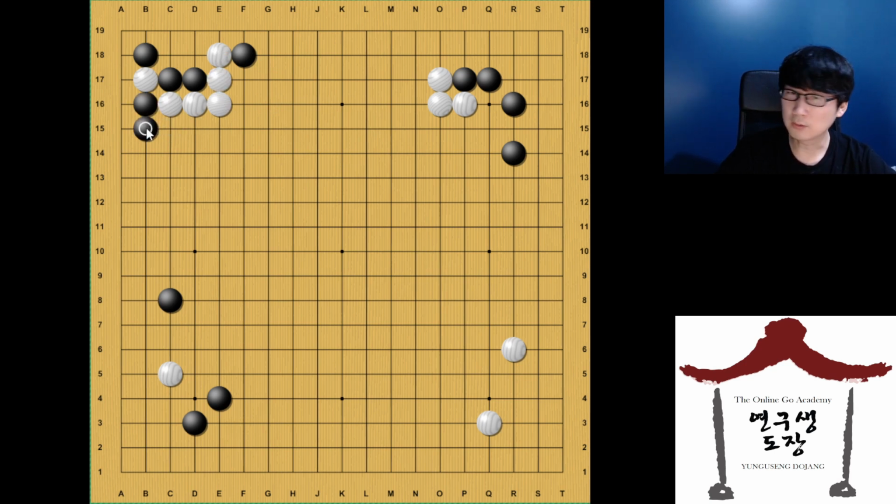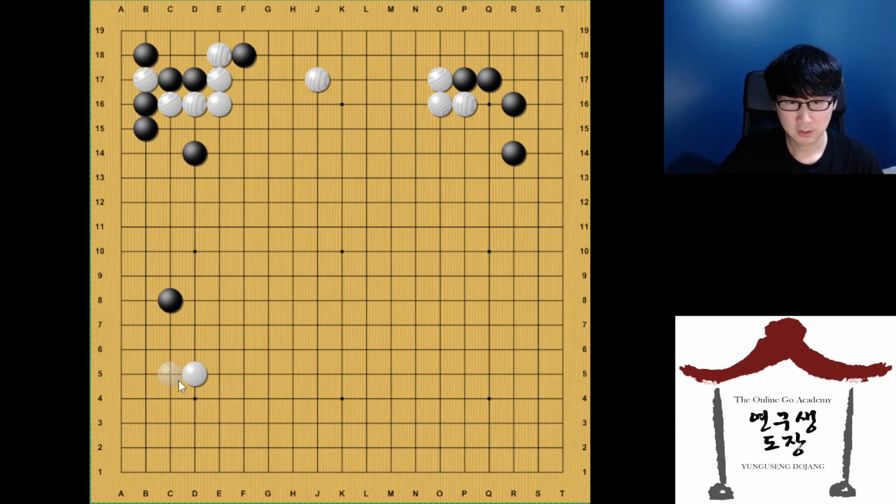And this extension doesn't look big. Like this kind of stuff looks big. It is. Black can do it. But this atari once makes this group stuck in this corner and blocks the potential. That's why it is so big. And continuously, the knight move is also very big. It is connected to this shape, maybe here, like